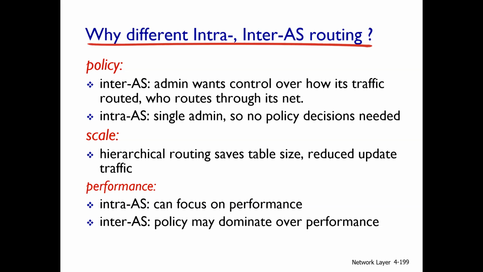So, policy in inter-AS, inter-autonomous system routing: the admin wants to control how traffic is routed, who routes through its network, and so on. Okay? And within an autonomous system, there is a single admin, so no policy decisions are needed. So at the boundaries, you would require these policy decisions. You would not want your traffic to be routed through India, okay? India would not want its traffic to be routed through Pakistan, okay? And so on. So these could be policy decisions,